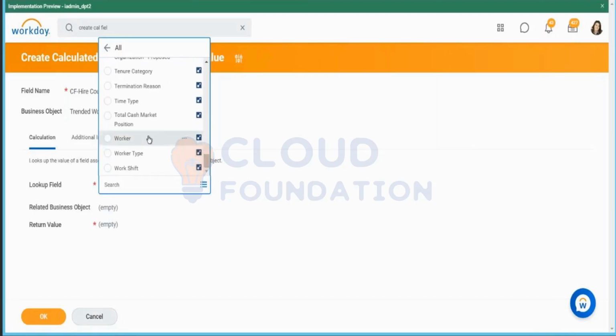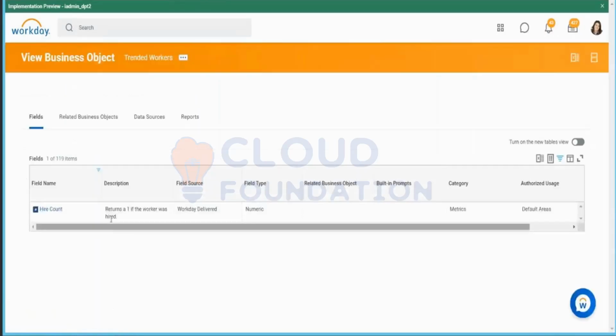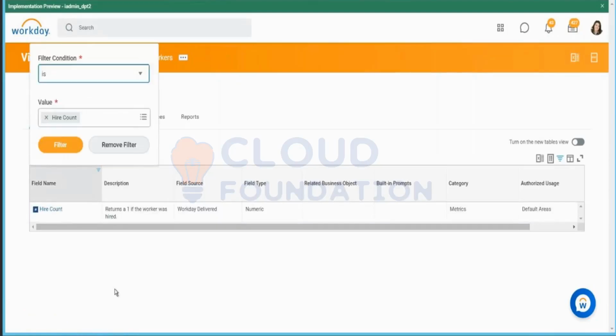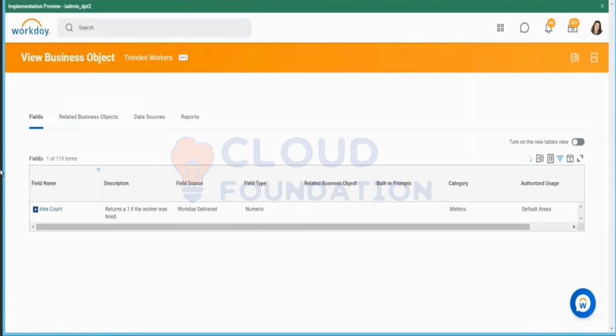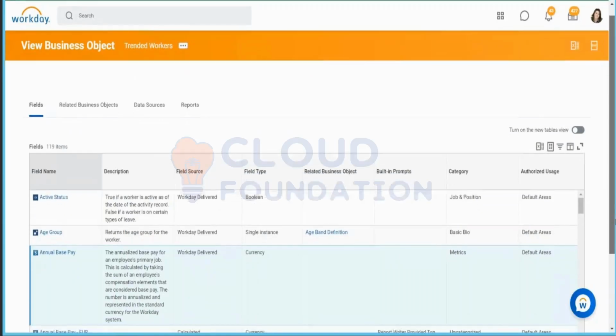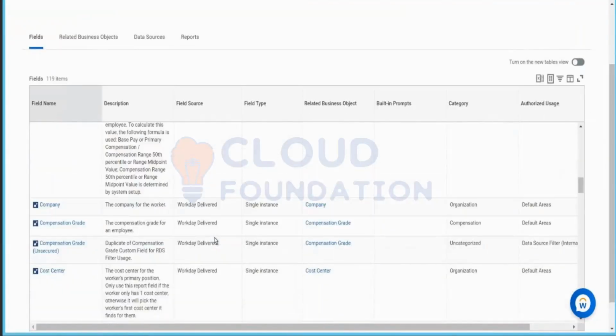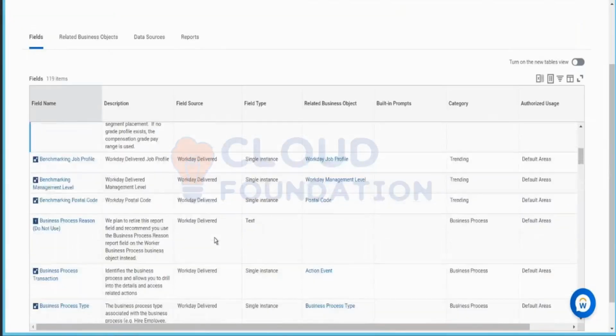So I have to find a link. So now I'm creating a link from trended workers. So I wanted to get into worker. So here I do not have a compensation grade field. So in trended workers, let's see if we can find any fields that are not available, and whether we can create a calc field to bring that one. So we have compensation grade, but we